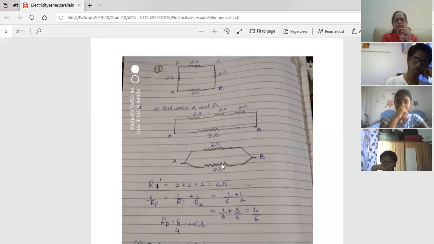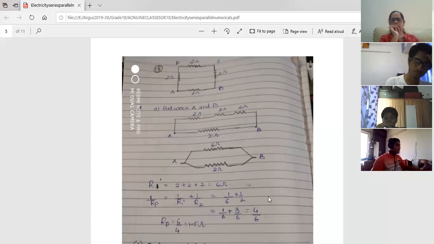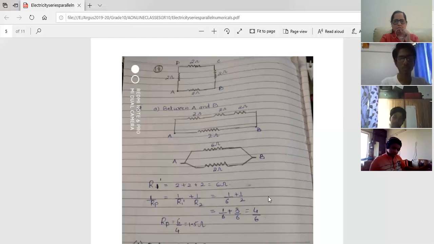Any questions for these three circuits? Anybody has any doubt, please ask for these three circuits. Any doubt for that first one is the question. I have simplified it for the resistance between A and B. I have simplified the circuit for you. So anybody has any doubt? So I will send you this today itself. I will try to send this. Okay, if this is done.